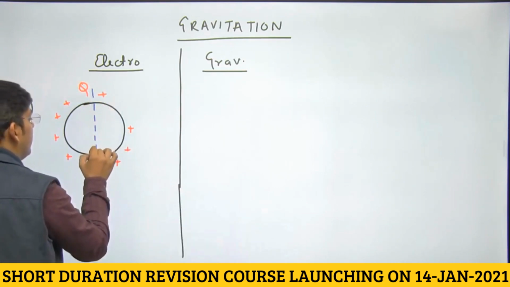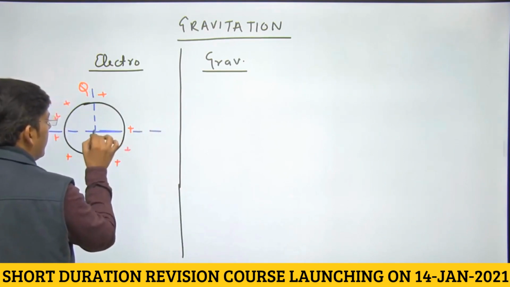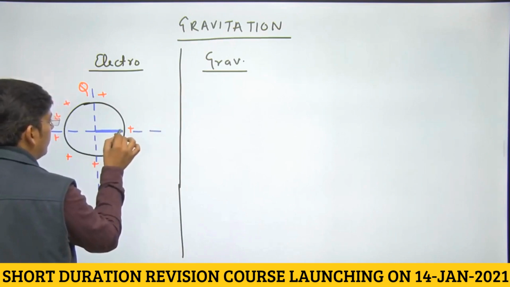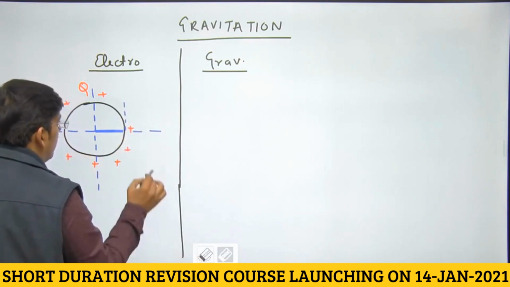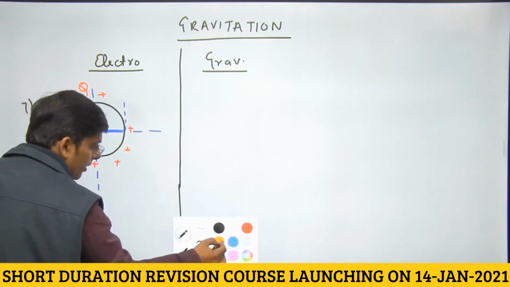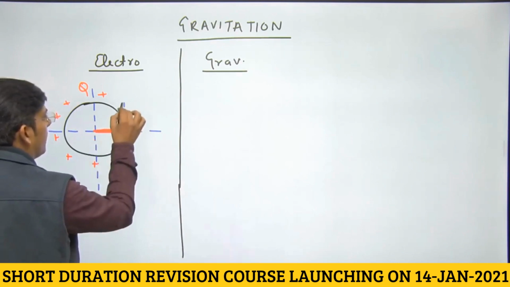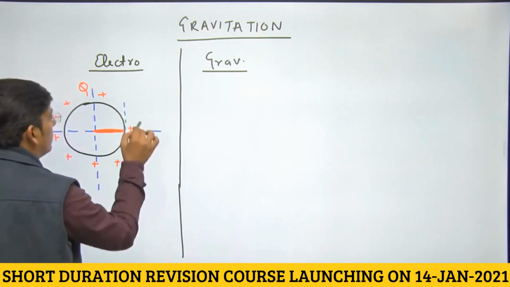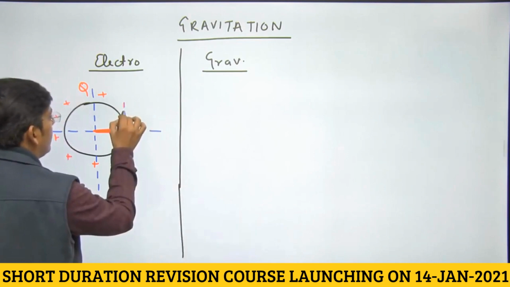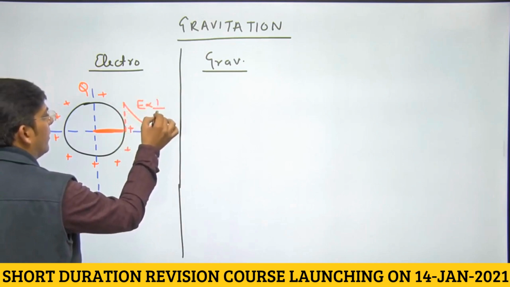See, we are doing the revision of 2 chapters. The value of electric field intensity inside is 0. At the surface it becomes maximum. Okay, let us plot the graph with a different marker. Electric field intensity at the center or inside of the shell is 0. Right, dear students? Becomes maximum at the surface. Then it decreases as 1 by r square.